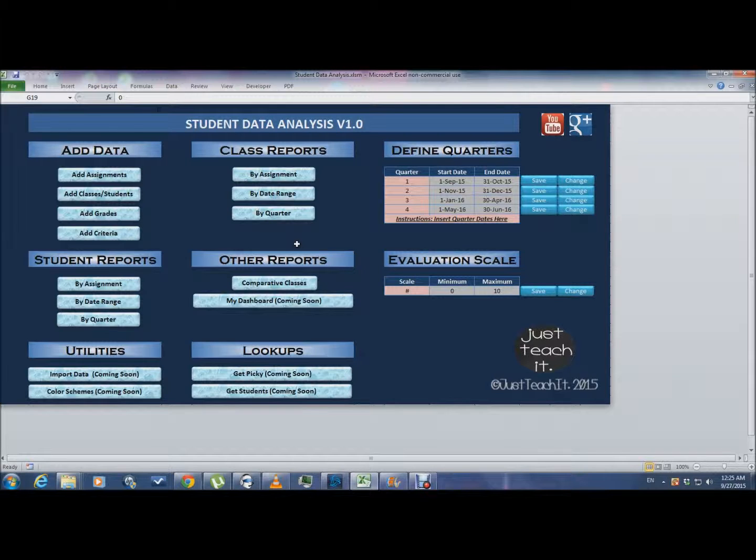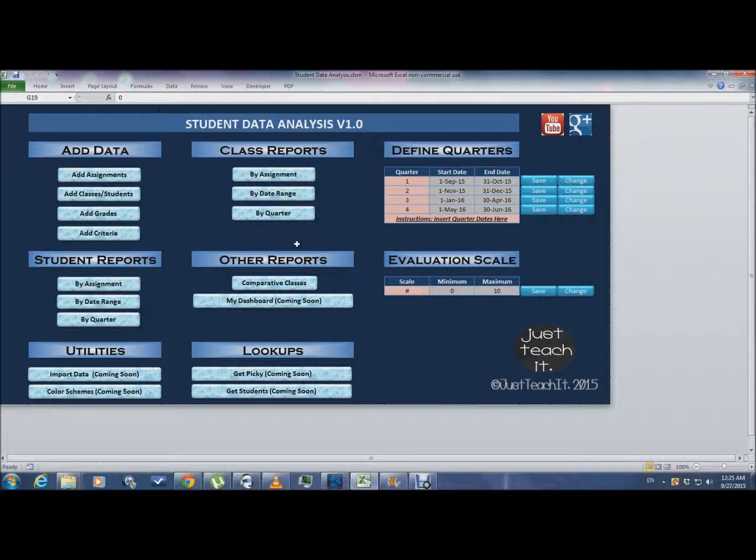They are already all different than one another, but you can do that using the color scheme screen. The background color can be changed, the title color, the table header colors, the auto-generated data colors, be it font or cell, and finally the input data colors, again fonts and cells. Getpicky is pretty much a report. The Getpicky name is pretty much a working name for that report at the moment. We're not sure what name we will use to release it under, but this report will basically enable you to